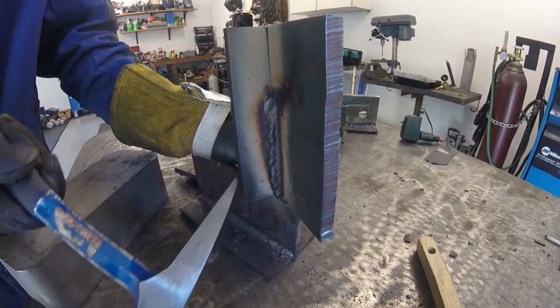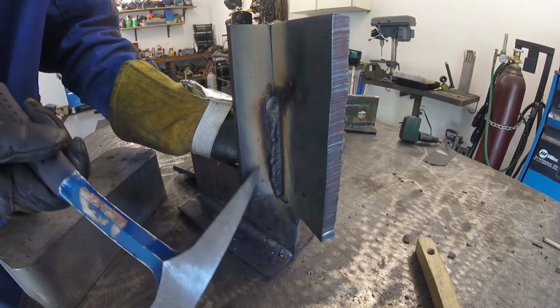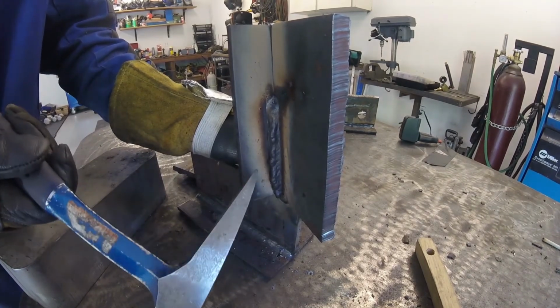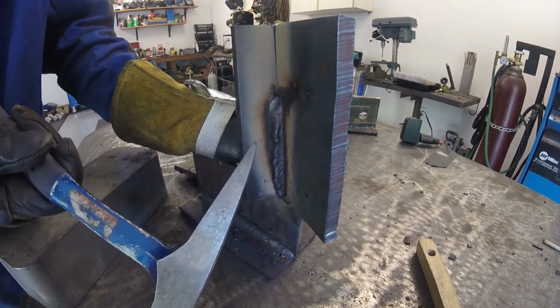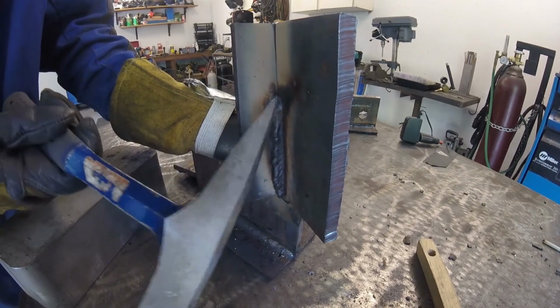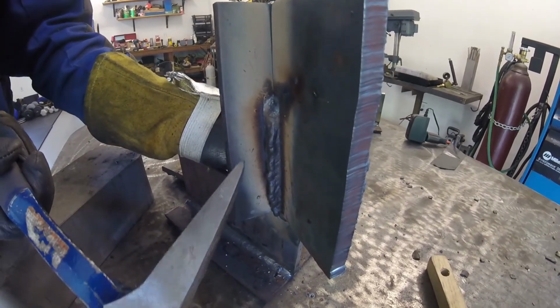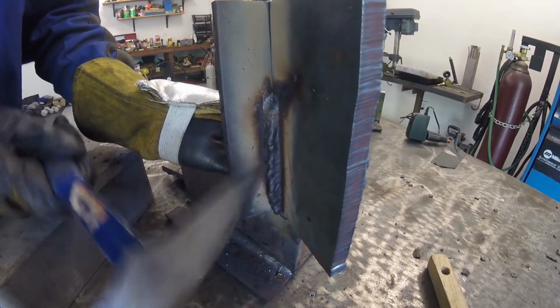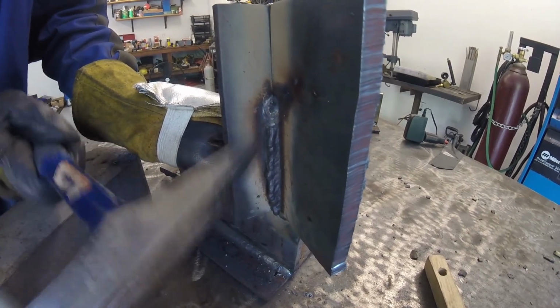One thing that I see is a lot of people will see this slag starting to drip down like this while they're welding, and they'll think that that's weld metal, so then they really start hurrying because they think they're dwelling too long. So if you see some slag dripping down, that's normal. That doesn't necessarily mean that you need to go faster, because as you can see, even though there's some drip marks here of slag,